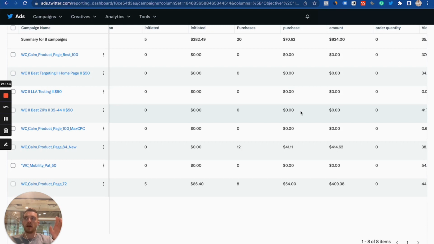If I were to scale the campaign, I would add 10 to 20% of the daily budget on top of the current daily budget. So let's say we're spending $50 per day. I would scale the campaign $5 to $10 after the initial 5 days, and then you slowly move forward in that direction. Just make sure to not optimize the campaigns too often,